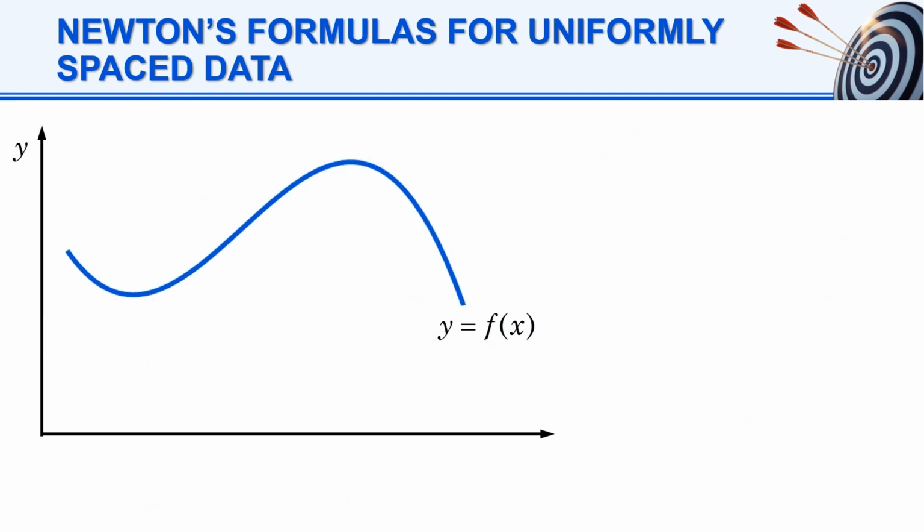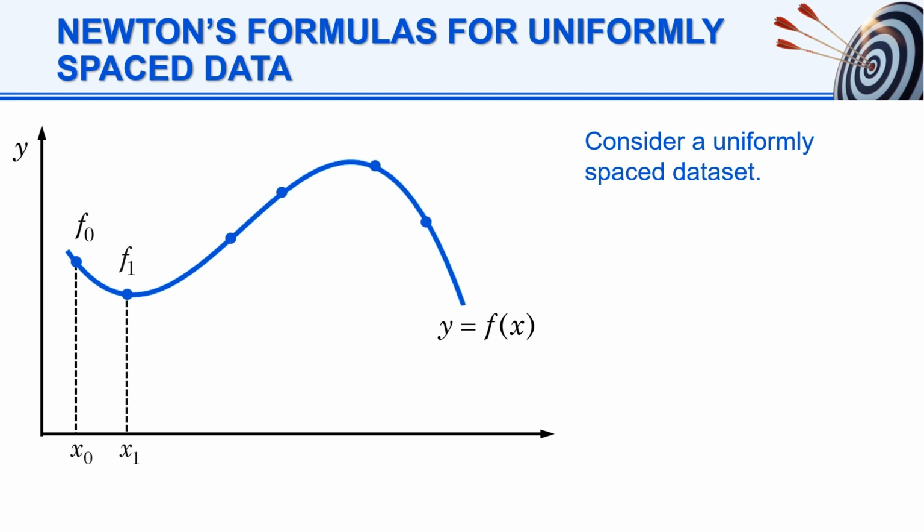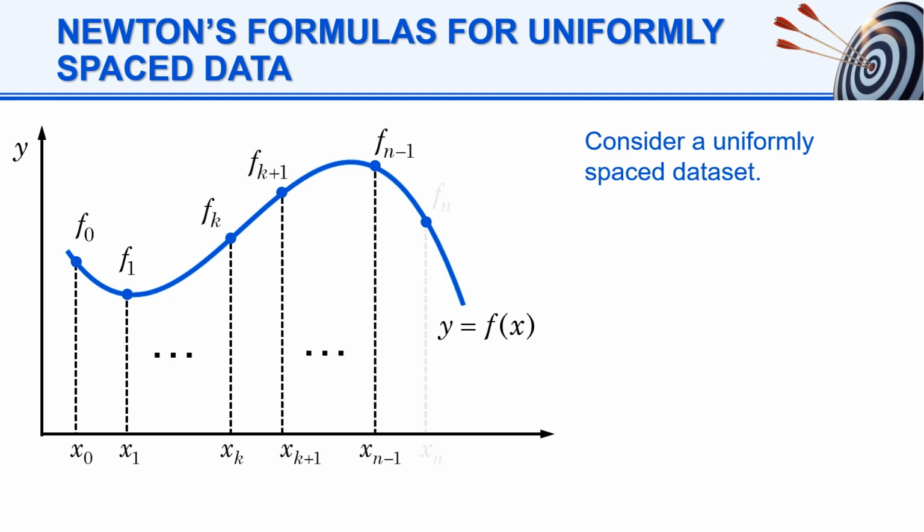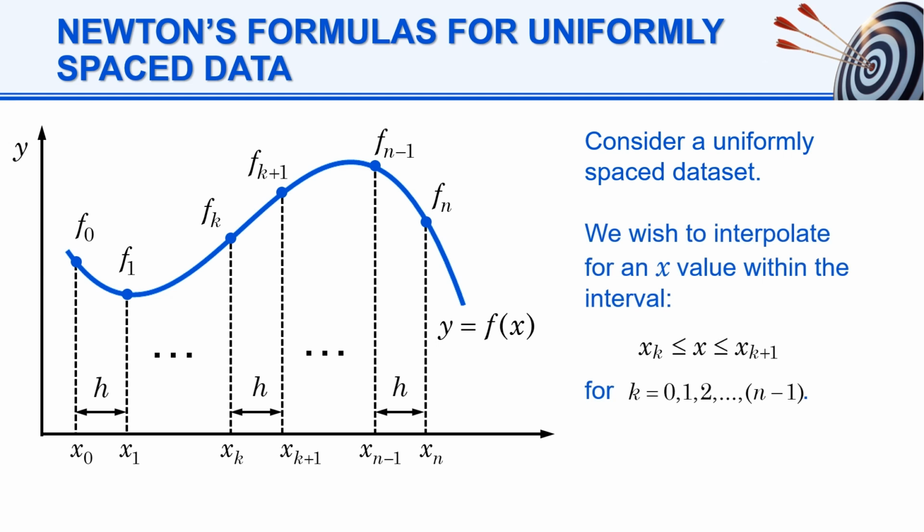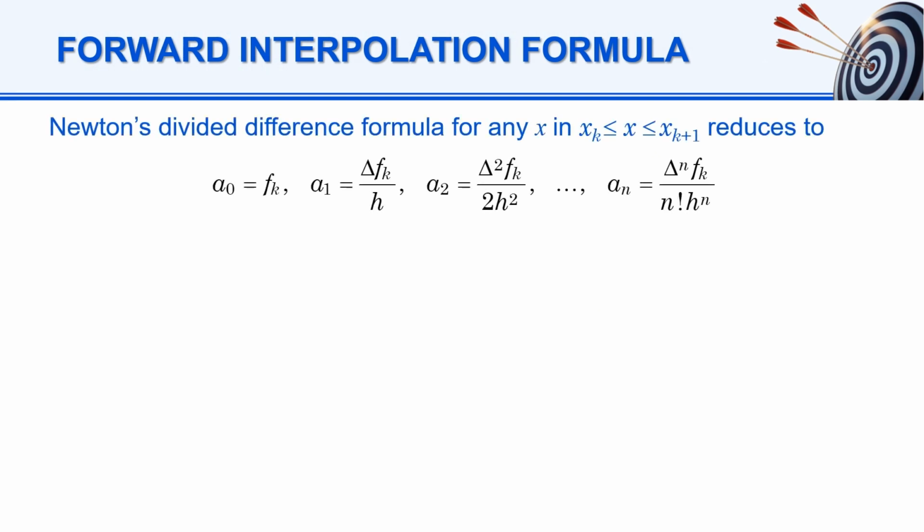Consider a uniformly spaced dataset. We wish to interpolate for an x value within the interval from xk to x, k plus 1. Newton's divided difference formula for the coefficients for any x in the interval from xk to x, k plus 1, reduces to